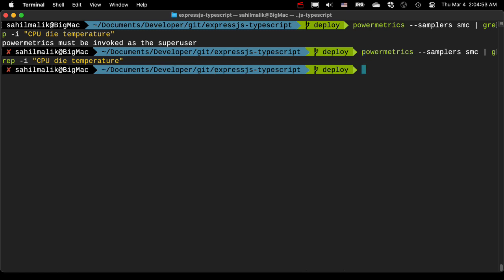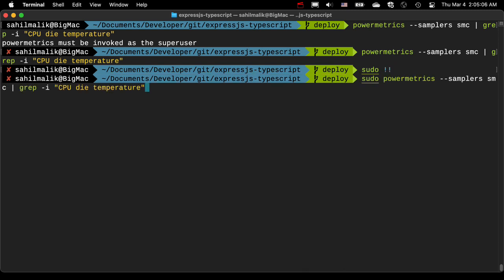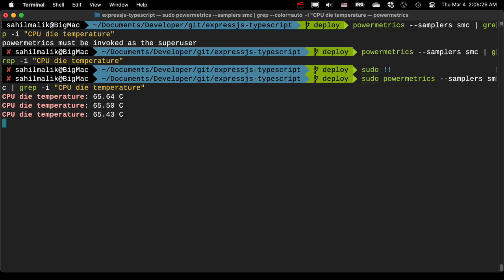But the cool thing is with sudo, I hit Control C to get out of that. The cool thing here is that I can simply say sudo double exclamation mark to run the previous command as sudo. So it just fills this out for me, as you see. I'm gonna hit enter. And if I haven't run sudo in a while, it'll ask me for a password. But since I just entered sudo for something else, it is now telling me that my CPU die temperature is that, and it refreshes. Another thing you can do is use another command called watch, and then